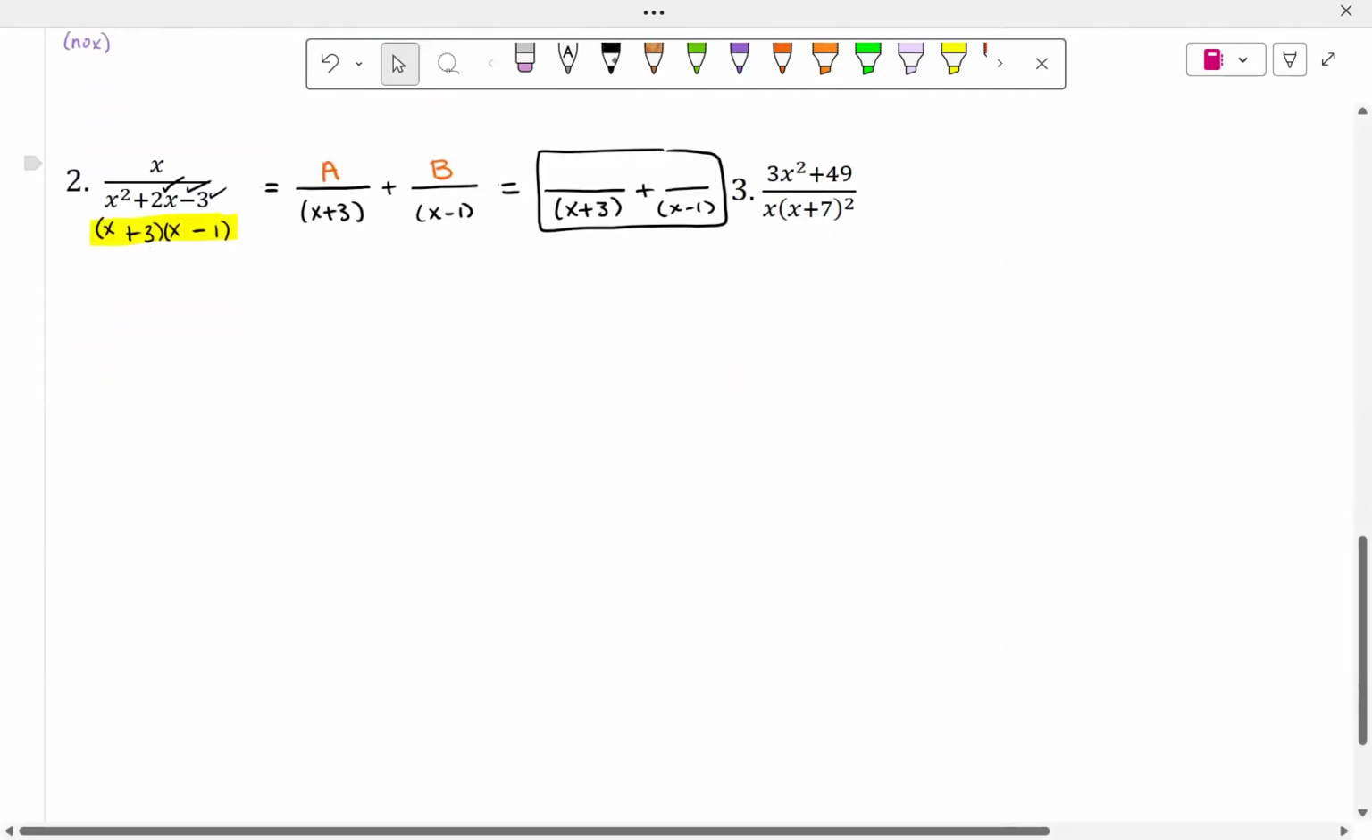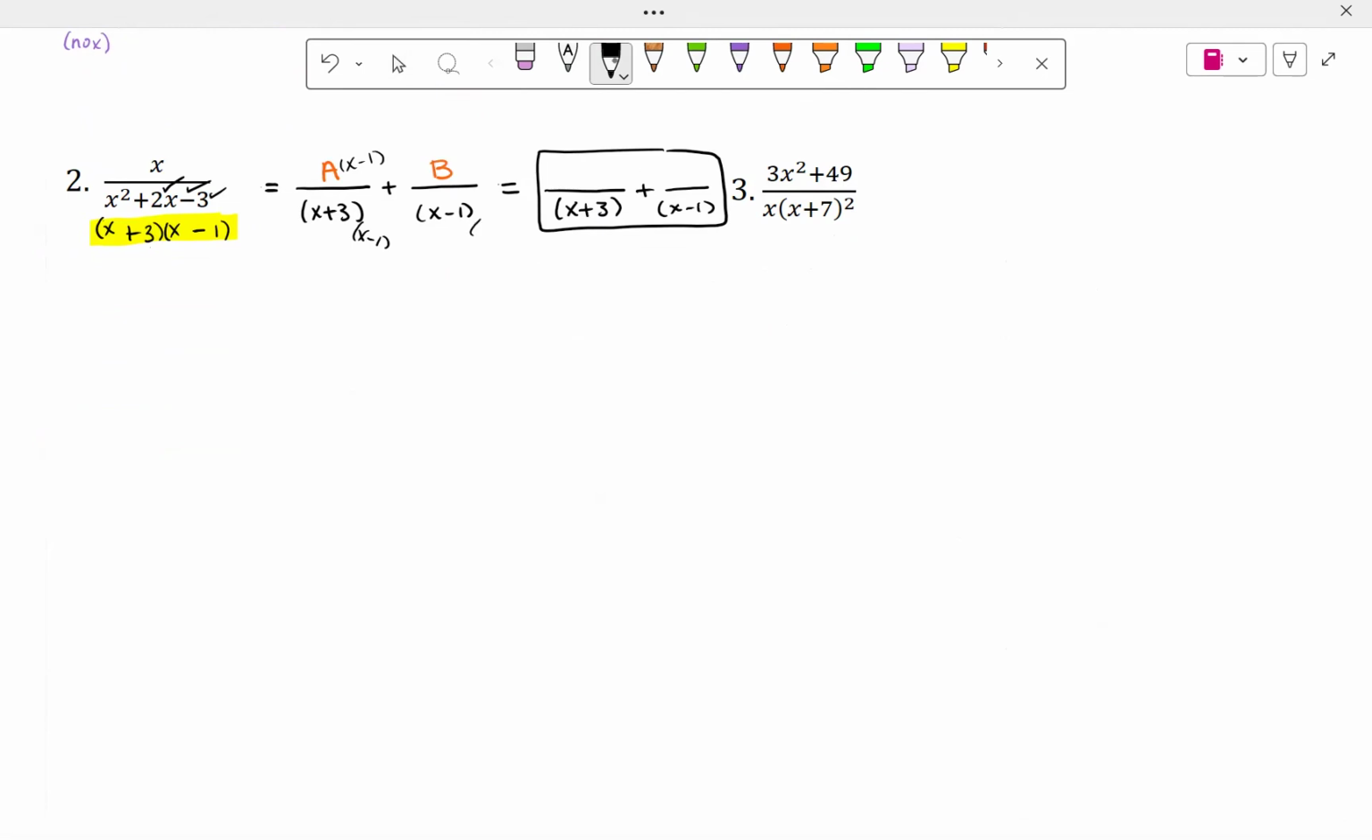So then I start with that system. I want a common denominator, so x plus 3 needs to be multiplied by x minus 1 on the top and the bottom. X minus 1 needs to be multiplied by x plus 3 on the top and the bottom. I have the common denominator in all three of my fractions, so now I can forget the denominators and write